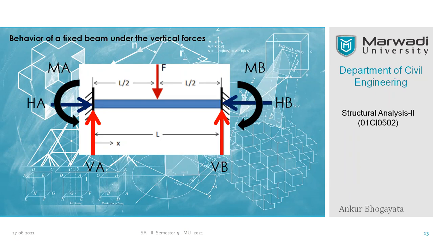But in case of a fixed beam, can we directly calculate these vertical forces, these moments, even these horizontal forces quickly? The answer is practically no, because it is not a statically determinate structure. So what's the solution then? What to do? For that, we'll take help of two old concepts. One is the method of superposition, and the second is the moment area method.